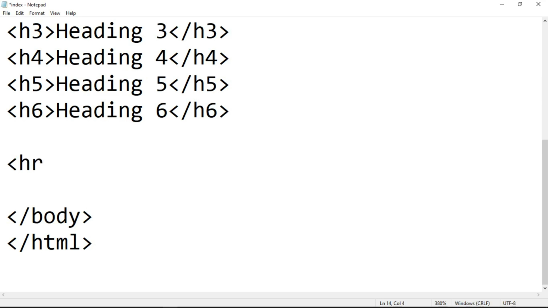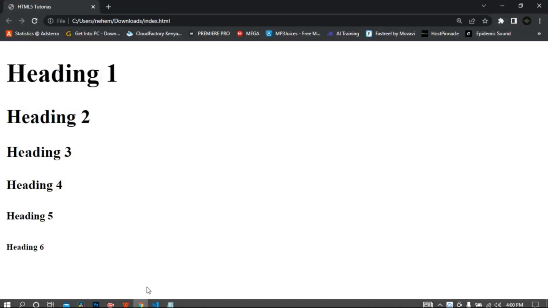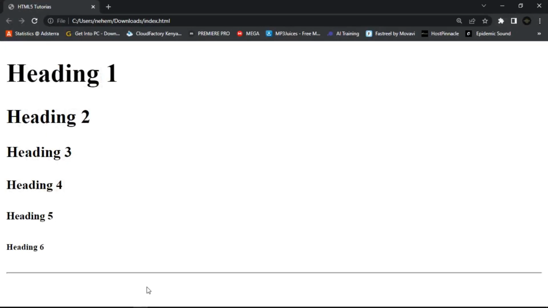Remember HR is a remnant of XHTML, so it does not have a closing tag, it's just a self-closing tag. So when you write HR, then let's save and see. Let me refresh. Control plus R is to refresh,